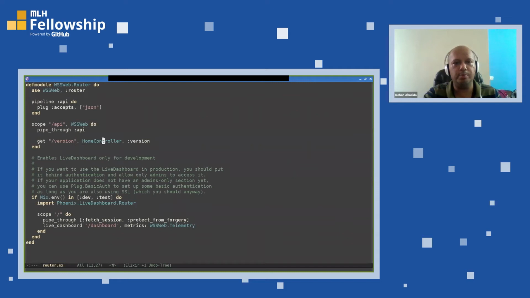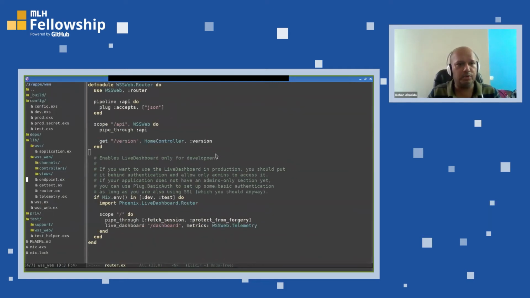And let me open home controller. I don't believe this file exists. Let me go to controllers. Oh, it does not exist, because I specified no HTML, so it did not create it. I think I'll have to create this. Not a problem. I'll create home_controller.ex,